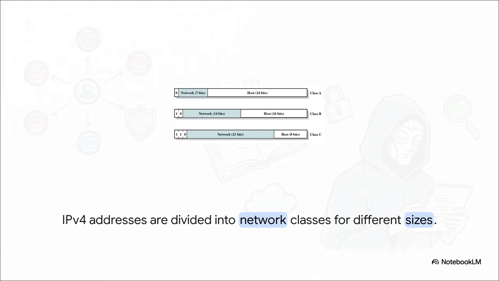Now, those IPv4 addresses are actually structured into specific blocks. Class A is designed for huge networks, using just 7 bits for the network and a massive 24 bits for the hosts. Class B is for your medium networks, balancing it out with 14 bits for the network and 16 for hosts. And then Class C is probably what you're most used to seeing in small networks. It uses 21 bits for the network and only 8 bits for the hosts, which allows for up to 254